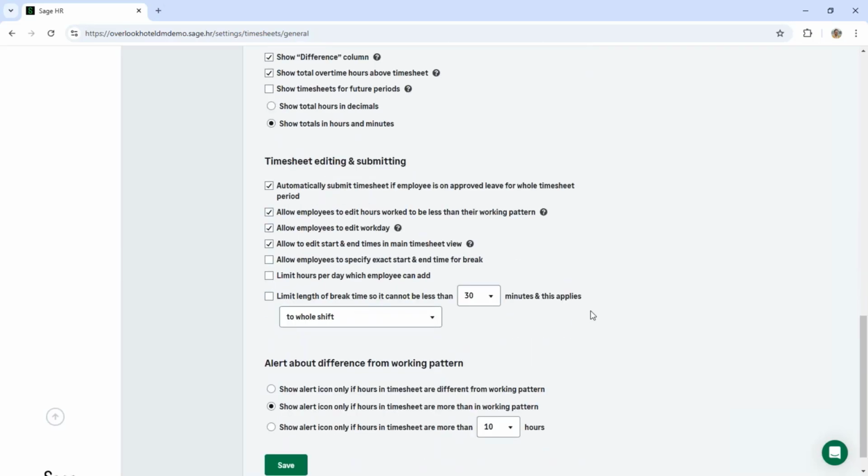And then coming to the end of these general settings, timesheet editing and submitting controls what sort of information an employee can edit on the timesheet. So you can have timesheets automatically submitted if an employee is on approved leave for the whole timesheet period, as they won't be there to submit it themselves. You can allow them to change the hours to be less than their working pattern, and you can allow them